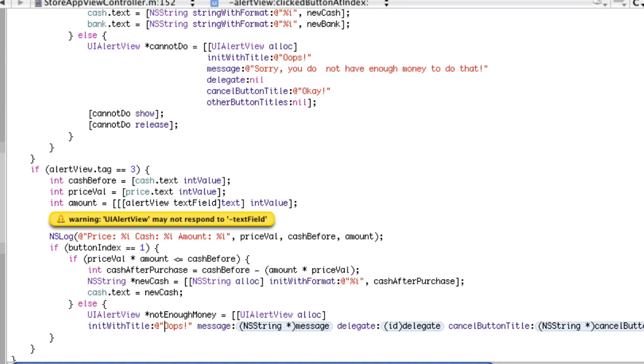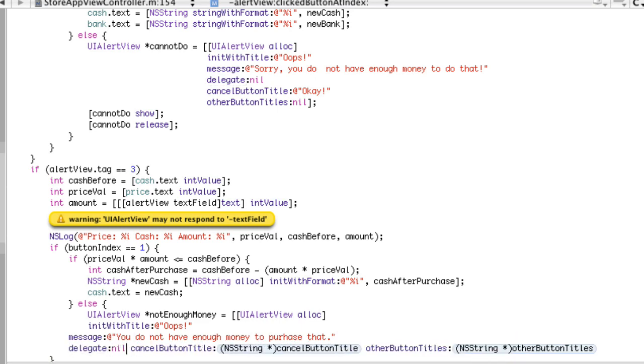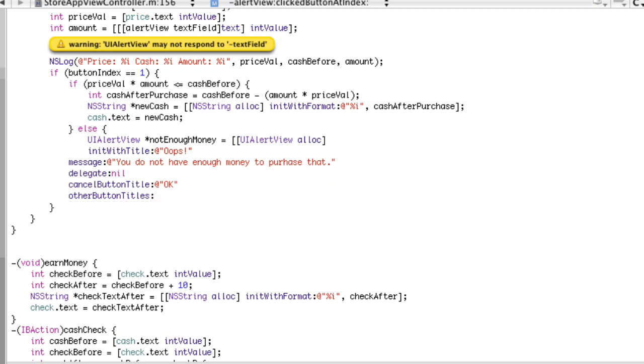So plain text, so @ quotation mark, oops, end quotation mark, then message, we'll just make this, so plain text again, you do not have enough money to purchase that, let's just say, period, and end quotation mark, delegate nil, because we're not doing anything with it, and cancel button title, we'll just call this okay, end quotation mark. Other button titles, we don't need any, so we'll just hit nil, and then we'll go close bracket, and